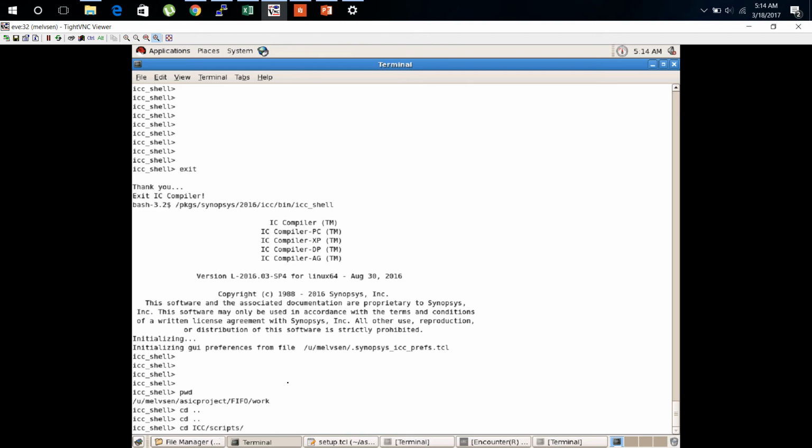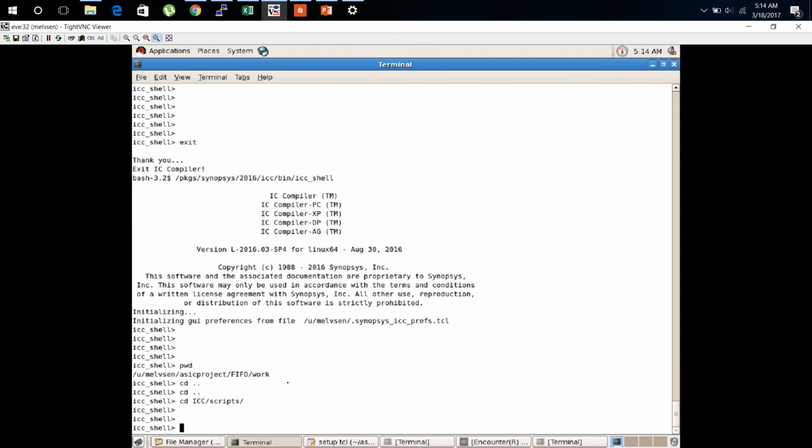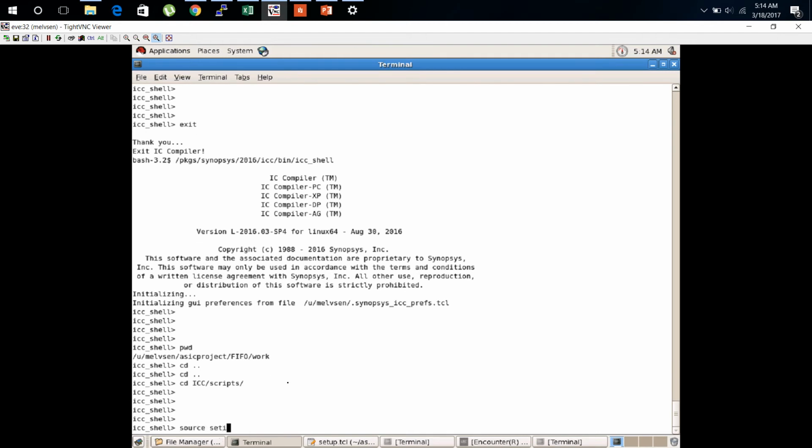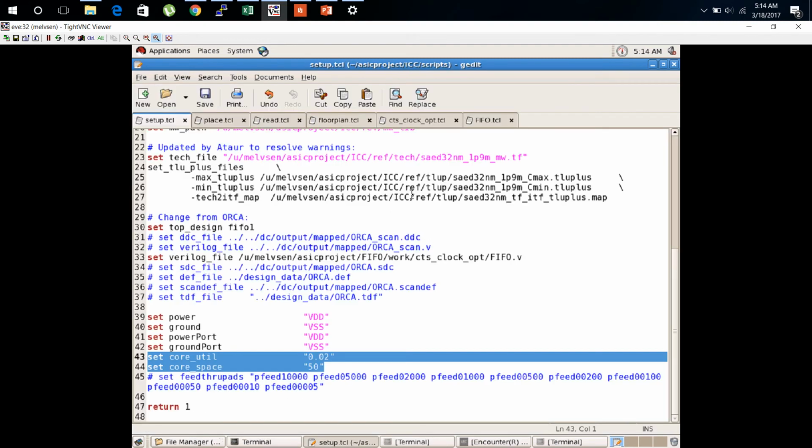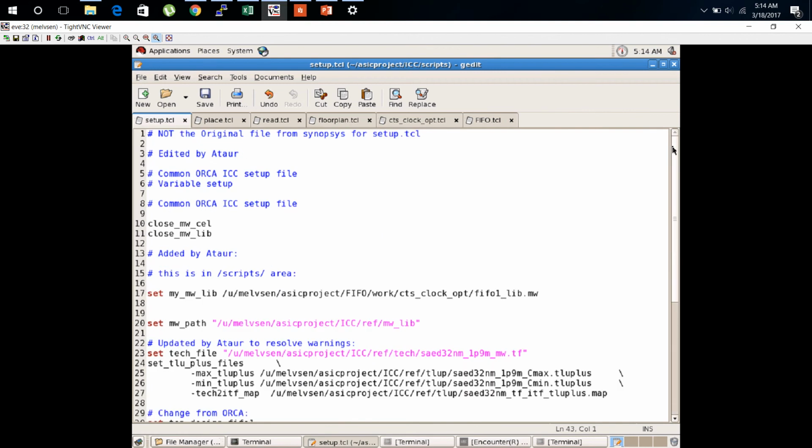Because the files are in this location, I source it. It gives a couple of errors. It says that the Milky Way design and the library is not defined, because we are trying to close it when we start the file. There is nothing open, so it gives the error, so you can ignore it. Going on,